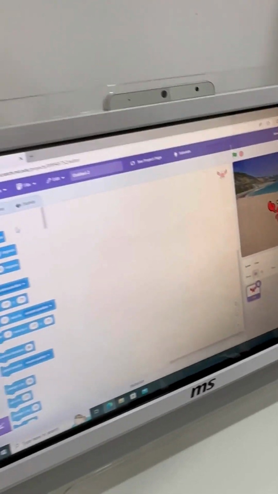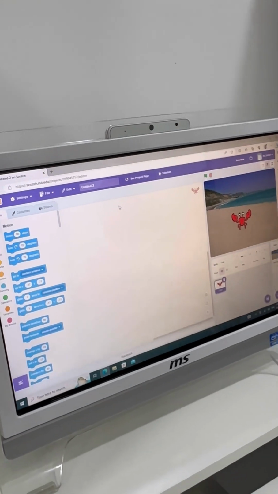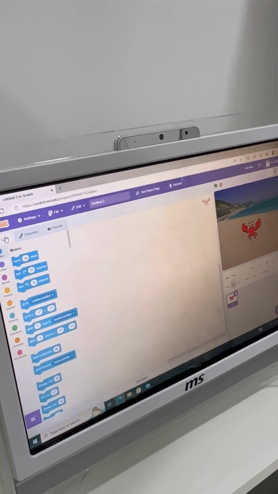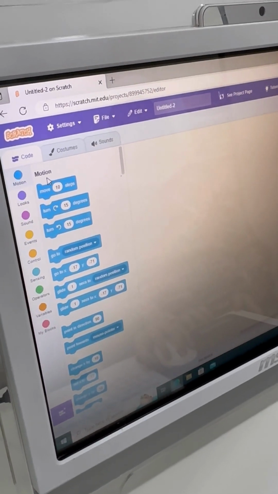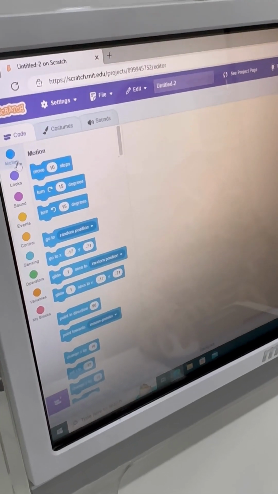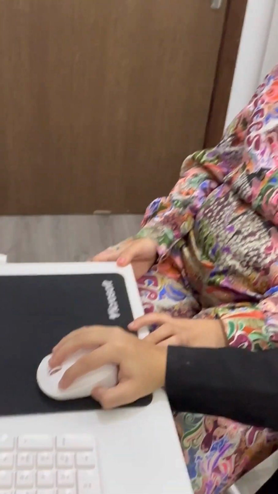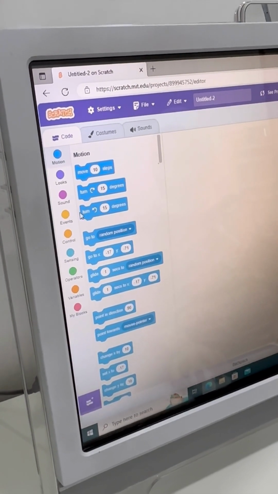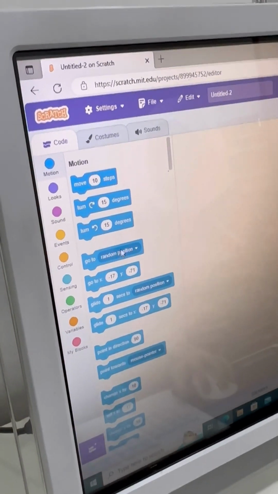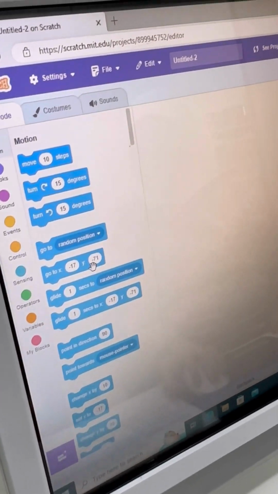making the code. First, I'm just going to explain, and then we can actually start making the code. In the coding section, you have many blocks to choose from. The first one is the motion. Do you know what motion means? Motion means move slow. Okay, kind of. Motion means the movements. For example, move 10 steps, turn left, turn right, go to this position, go to X